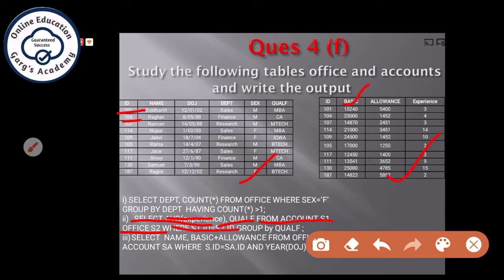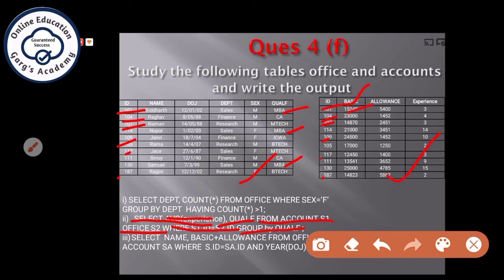Now first of all let us check the IDs. I think yes, each and every ID is in the same sequence. Now group by qualification. So you will first group by this qualification. Count how many MBA records are there. There are 3 records having MBA qualification.